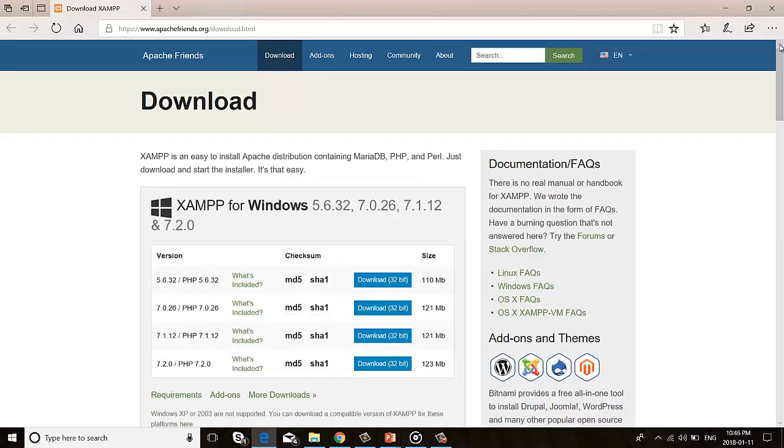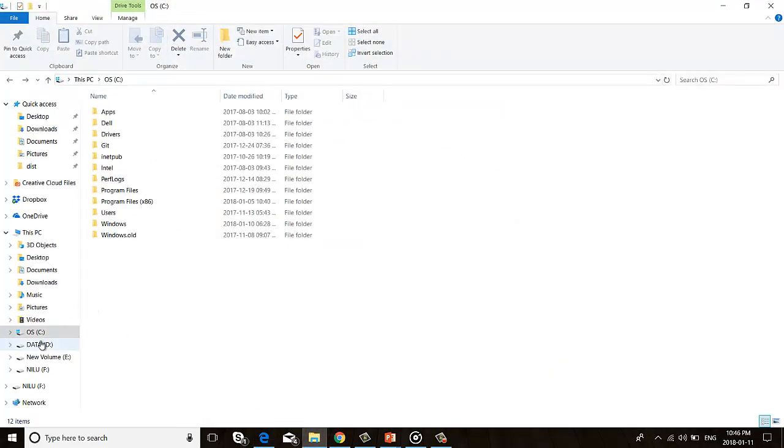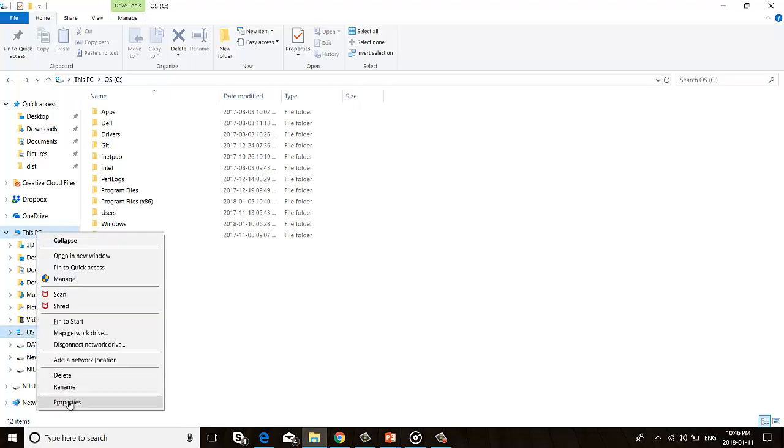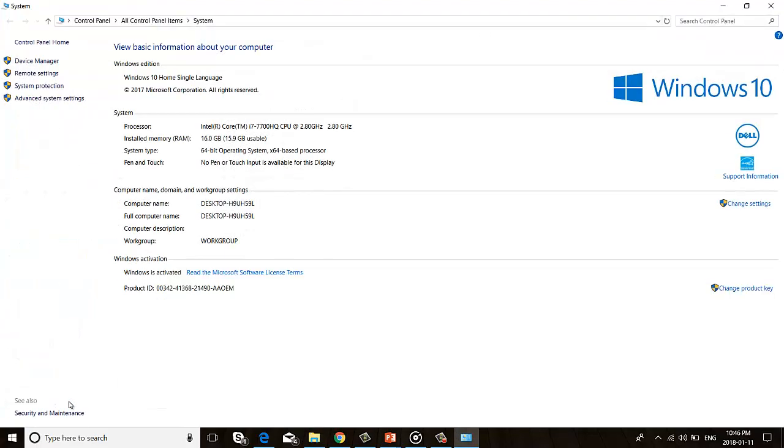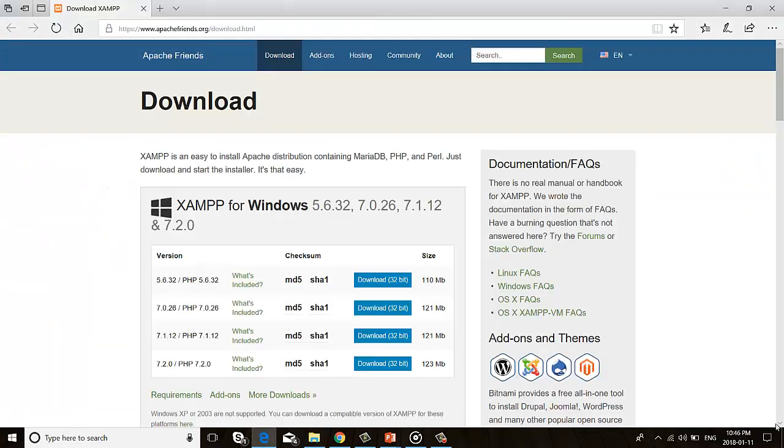Before starting to download XAMPP server for Windows, verify whether your operating system is 32-bit or 64-bit. First of all, open My Computer Properties. And here you can see the system type is a 64-bit operating system.